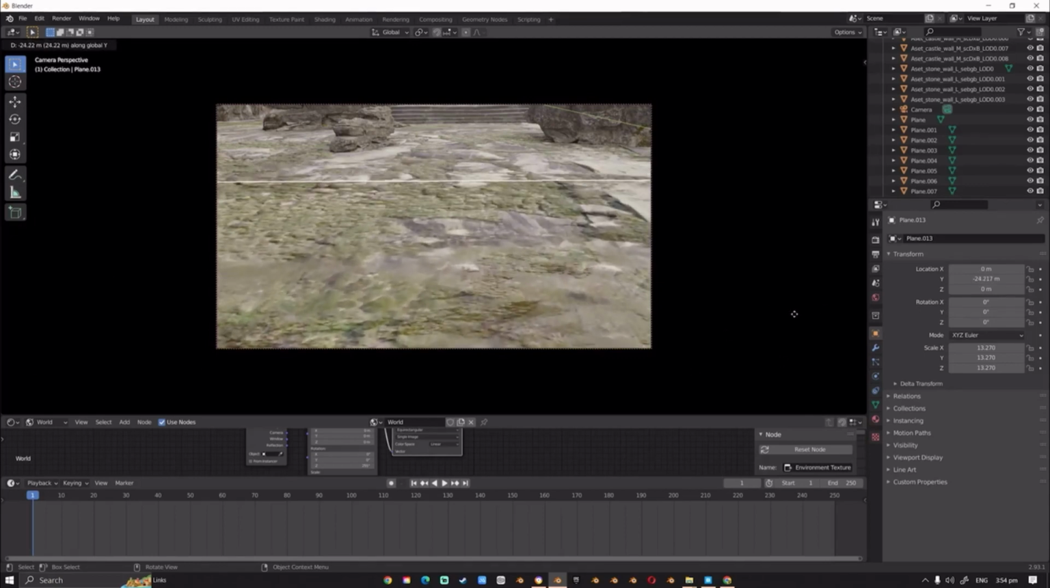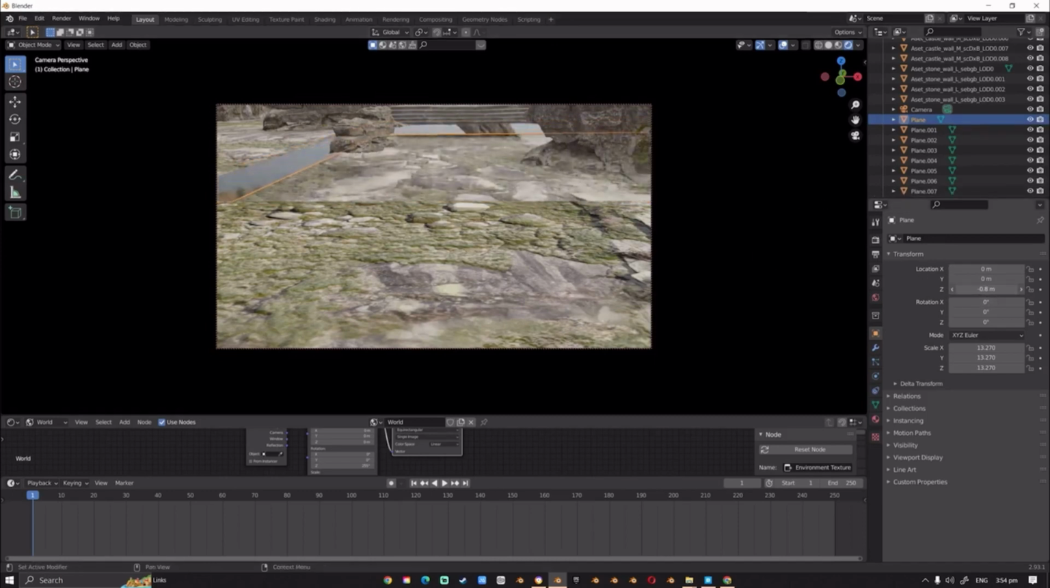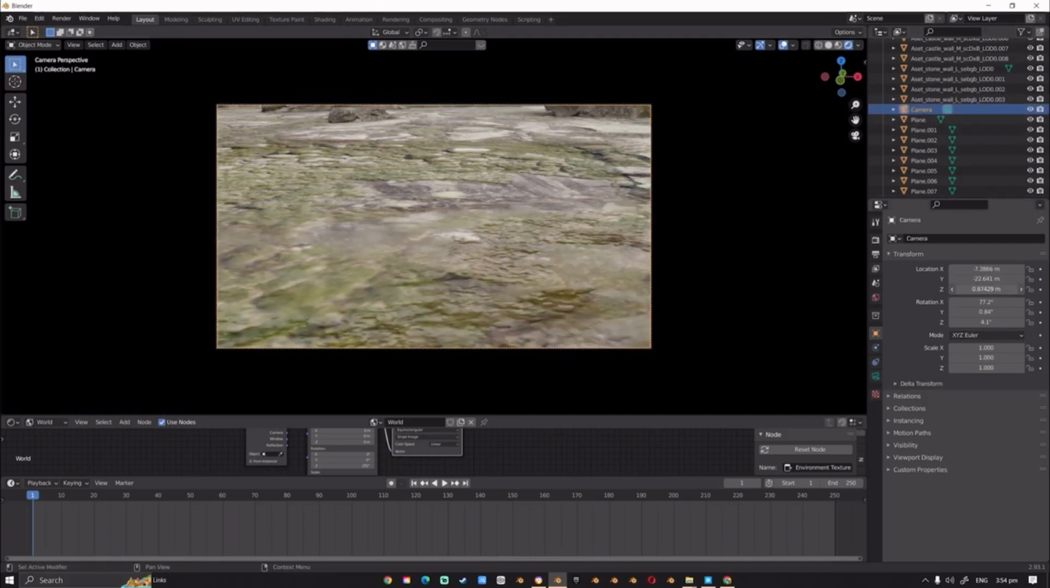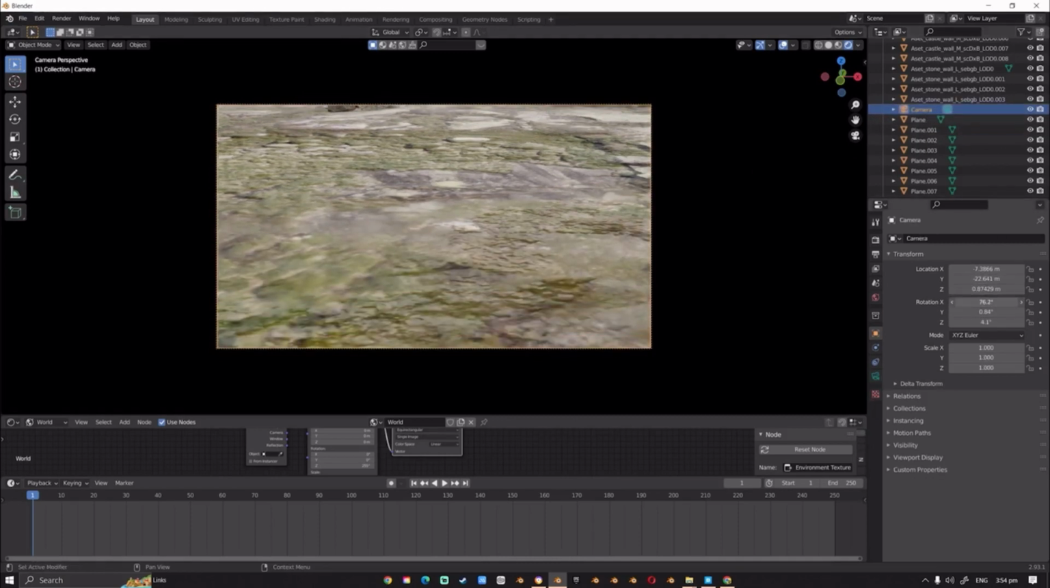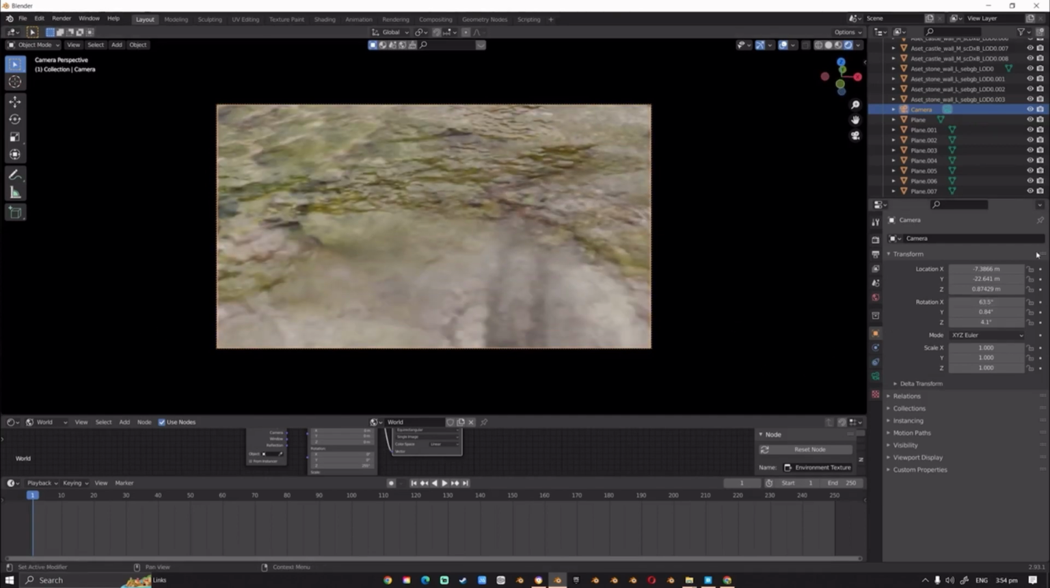Be careful not to overlap the planes because it will make an ugly glitch, right? Something like that. And then grab the location down of the camera, and then rotation of the X to like this. Now add the keyframe to all of those, location and rotation, and then go to keyframe, let's try 110, and